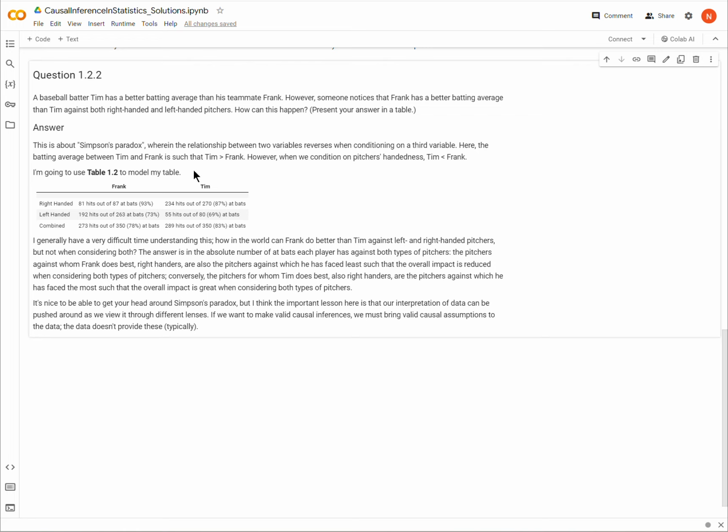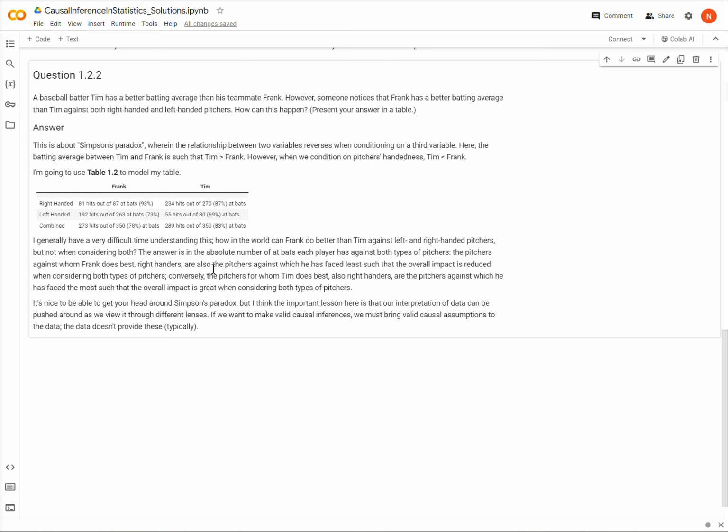Okay, so let's create a table, and this table is actually just a replica of table 1.2 in the book. Sometimes coming up with these numbers gets a little bit tedious, so I'm just replicating the table that's in the book, and I think that's fine for this question. What we really want to get at is trying to understand why Simpson's paradox is arising. And every time that I hear about this, it takes me a second to wrap my head back around it. It's inherently confusing,